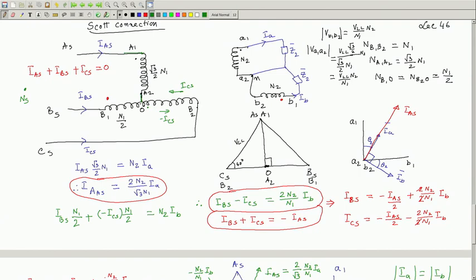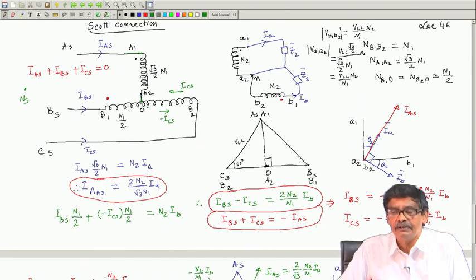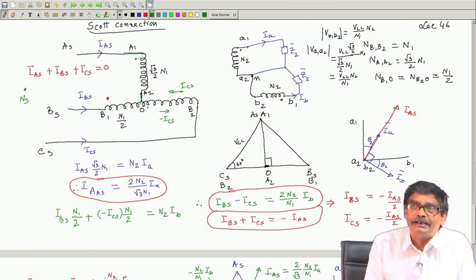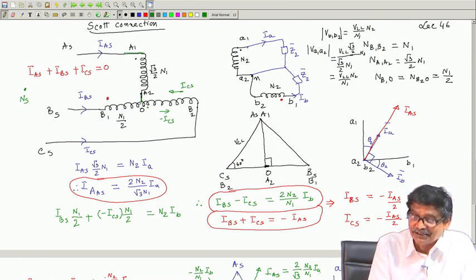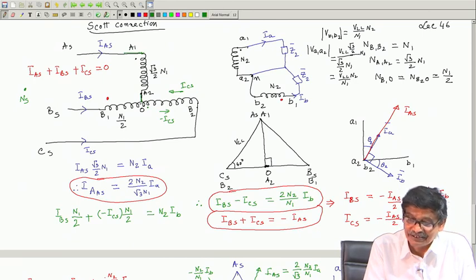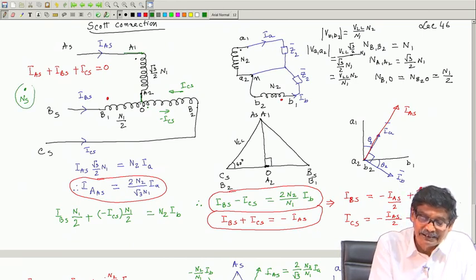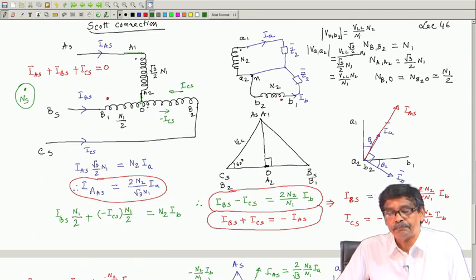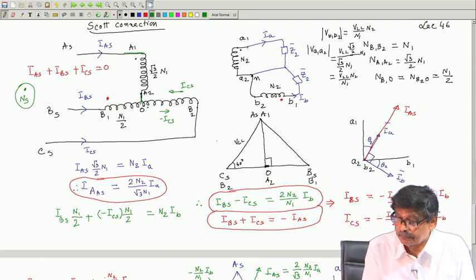supplied from a 3-phase 4-wire system, the neutral is straight away connected to the star point, and ABC are in the other three. Now, I am asking you, it is not a star connection, although it looks like star; this is one winding, this is one, this is one. Suppose I ask you where this N s can be connected, not at O, you should not connect N s here.